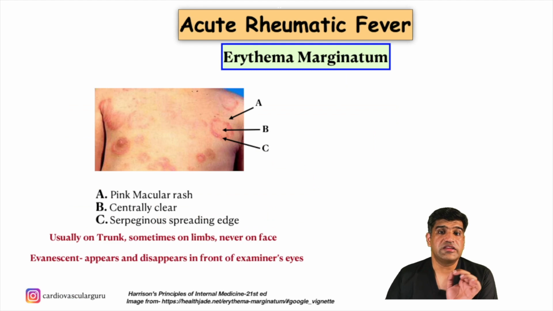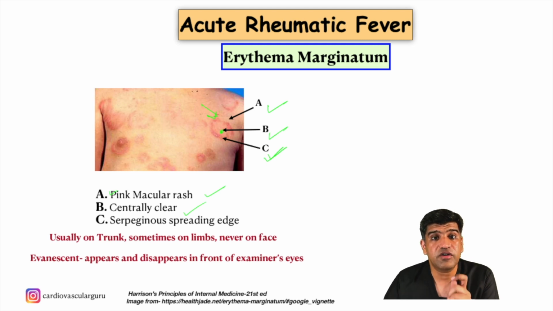The next two are the skin involvement in acute rheumatic fever. The first one is erythema marginatum. How does erythema marginatum appear? It appears like a pink macular rash. You can see this: a pink colored macular rash, centrally clear and with a serpiginous spreading edge. This usually is present on the trunk, sometimes on the limbs, and never on the face. It appears and disappears in front of the examiner's eye. This is an evanescent type of